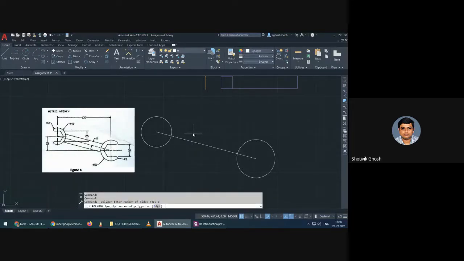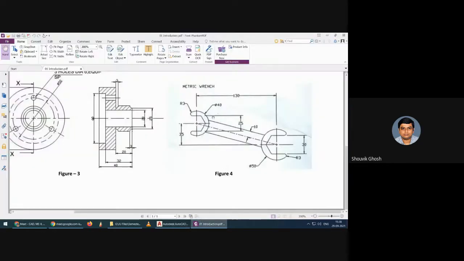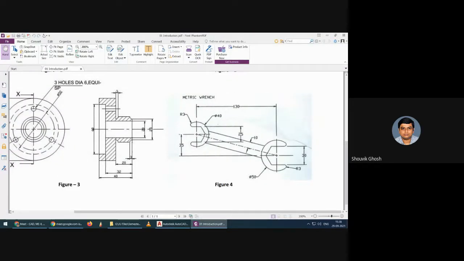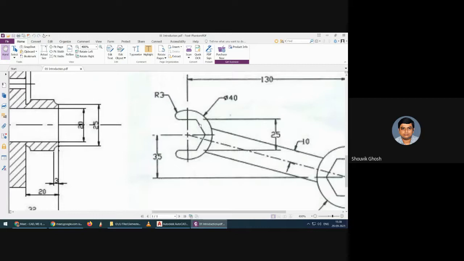circumscribe and inscribe. See, for this particular figure, if I zoom in, you have this gap specified between the two midpoints of the sides of the polygon. So only when the polygon is circumscribed in a circle, this gap will actually be reflected as a dimension.